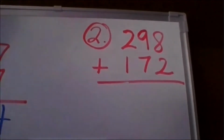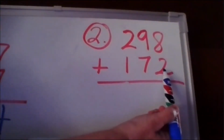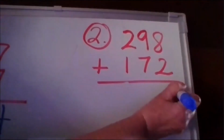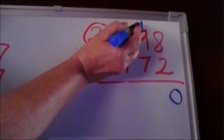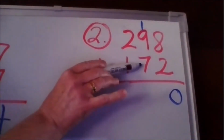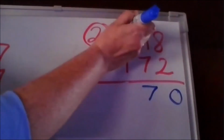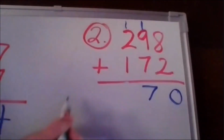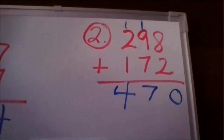And what did we start with before? That is correct. We start in the ones place. 8 plus 2 equals 10. That's right. Remember, 0 in the ones place. Regroup that 1. 1 and 9 equals, yep, 10 plus 7. Yes, bump that 0 out and it becomes 17. That's right. Write it down. All right. How much are your hundreds? Very good. 4. So your answer is 470. All right, boys and girls, that was very good. Let's move on